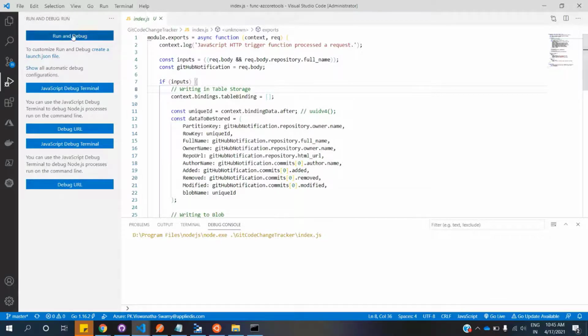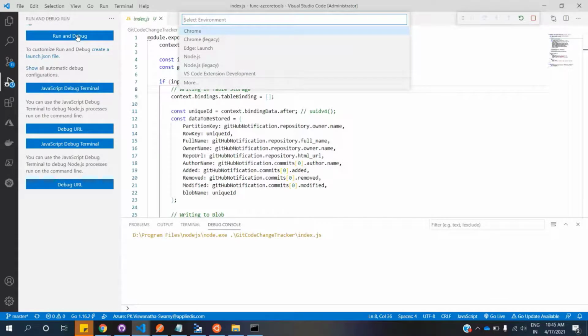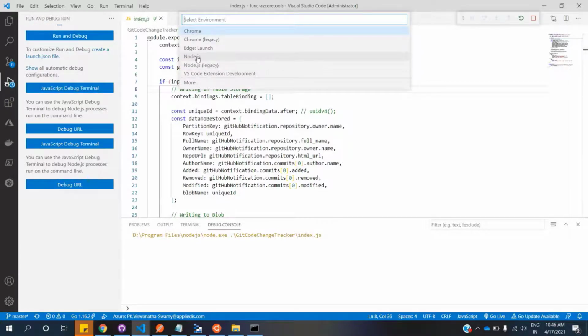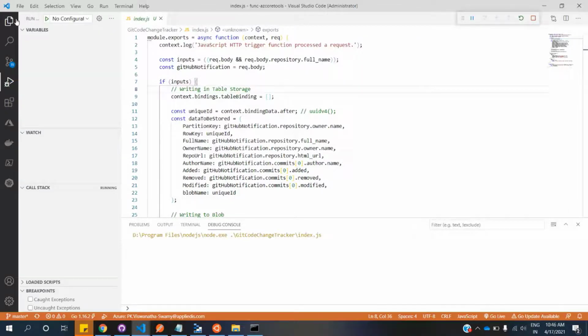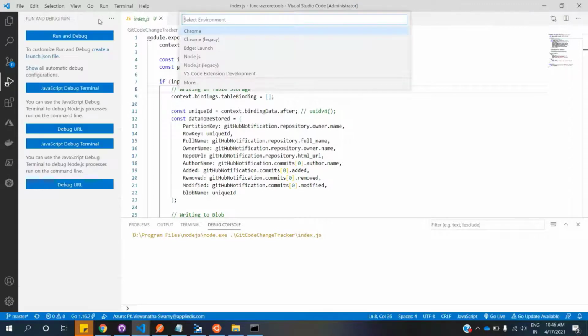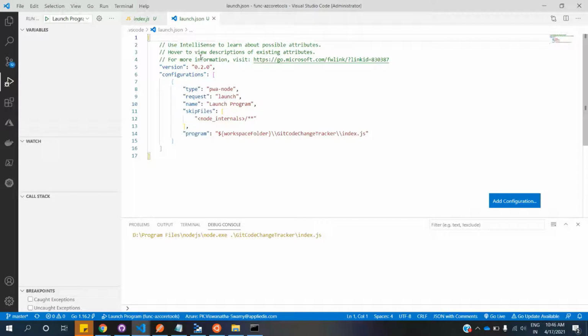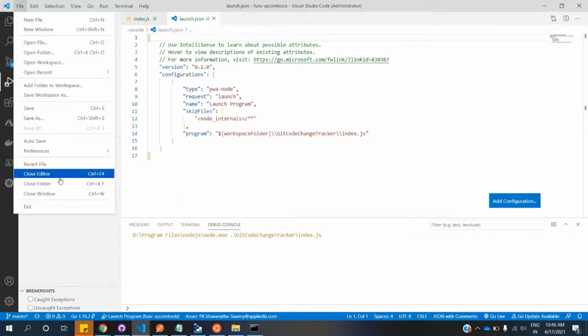Okay, let's give it a minute. Select the environment. No, not this. Okay, that should be fine because that configuration is different.